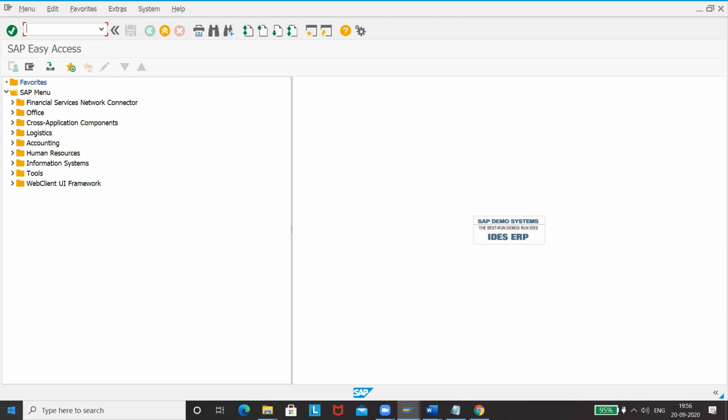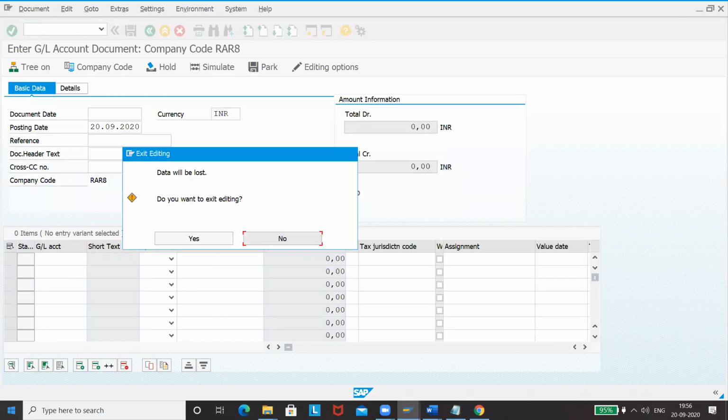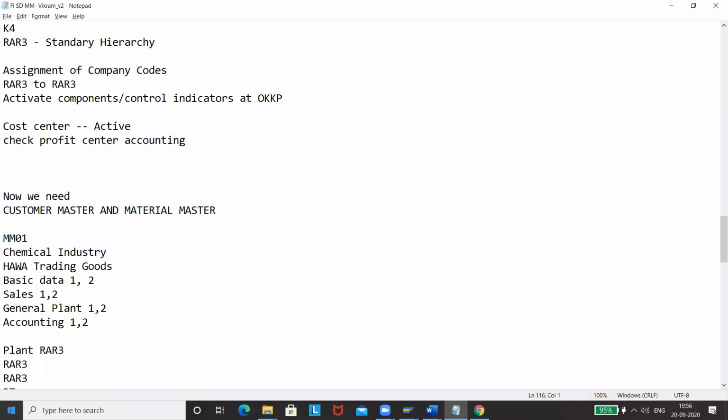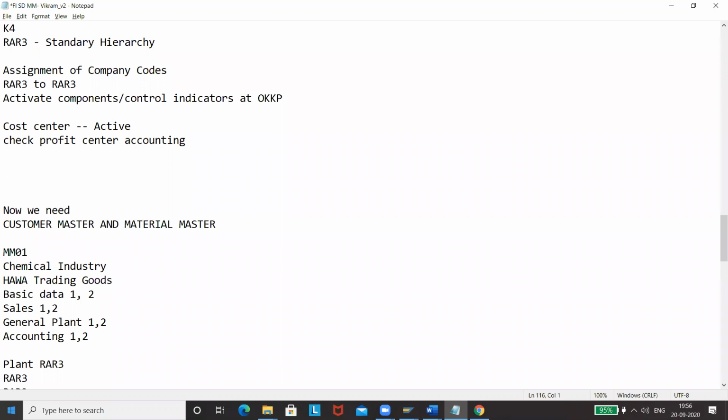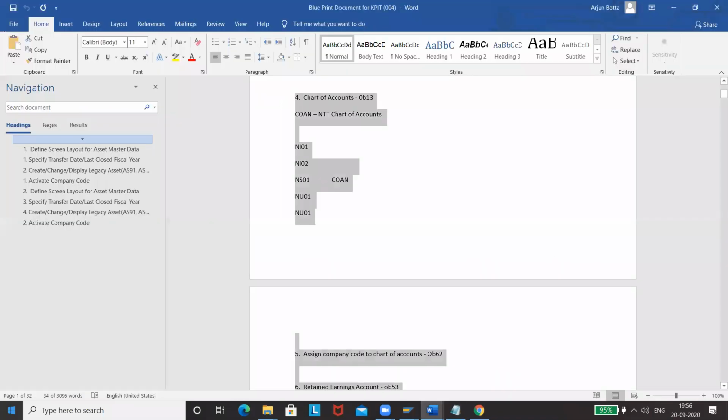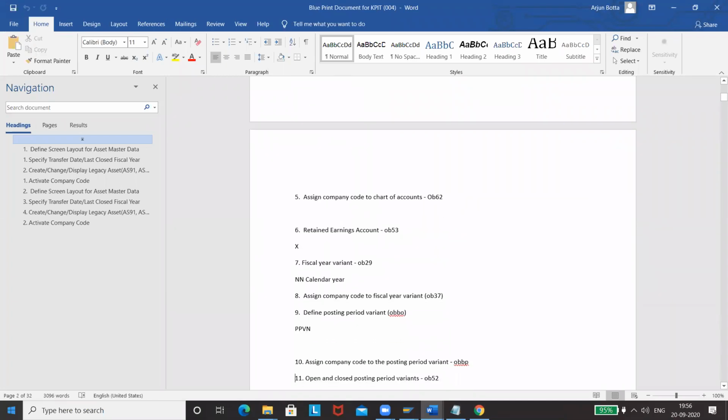In order to do that, we have to go to FB50, but we don't have any GL accounts created already. So we will have to first create GL accounts. So this is where the part gets more interesting. We have created our own chart of accounts, and that means we have to now also create our account groups. We haven't done that. Had we taken the standard chart of accounts, which is INT, we shouldn't have maintained it, but now that we have maintained our own chart of accounts as RAR3, we have to now go for creating our account groups as well.